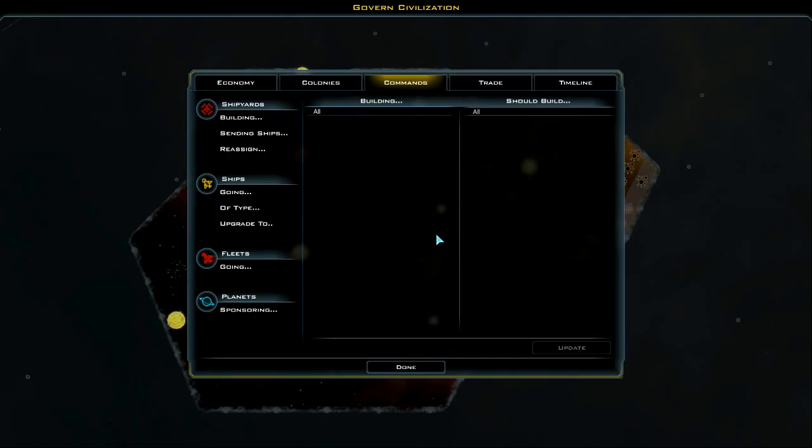This is really useful once we get past the early game. You have multiple shipyards, you have different fleets running around, stuff like that. So you can say, like, all shipyards building colony ships should now build warships, for example, or all building this type fighter should build this type fighter. Ships going to this marker should go to this marker instead. You know,